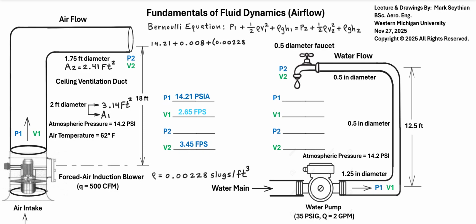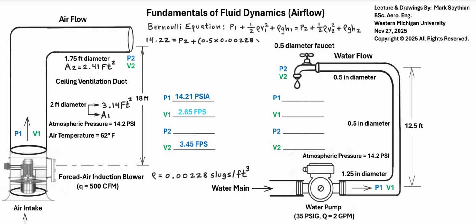So rho air density times gravity, then times height 1 is 0, so this cancels out to 0. So we add these three up together and we get a value of 14.22, which we make equal to P2, then plus 1/2 times air density,